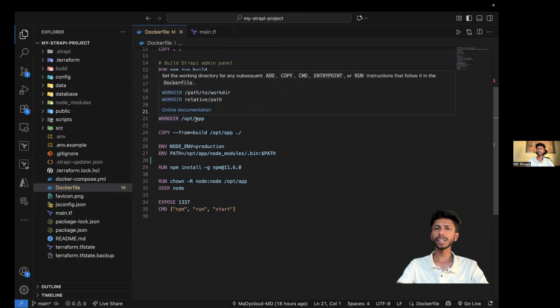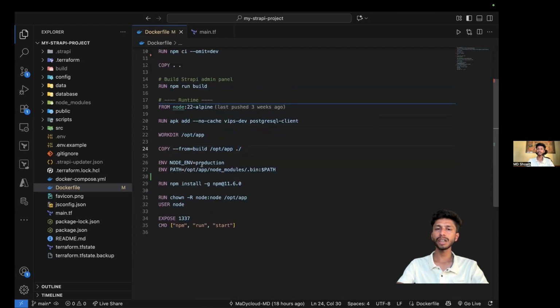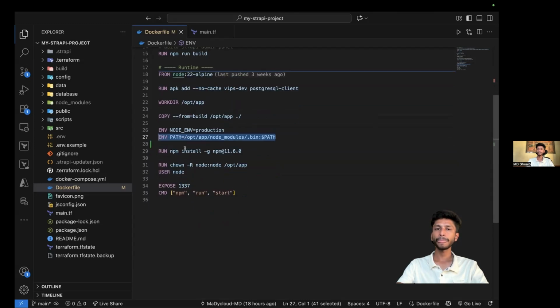Again, it sets the working directory to this particular path, and then it copies the required files from the build stage to this particular path, and then it sets the environment to production, and this command ensures the local binary file is set to the appropriate paths, and then later within the container it upgrades the npm and installs this particular version,